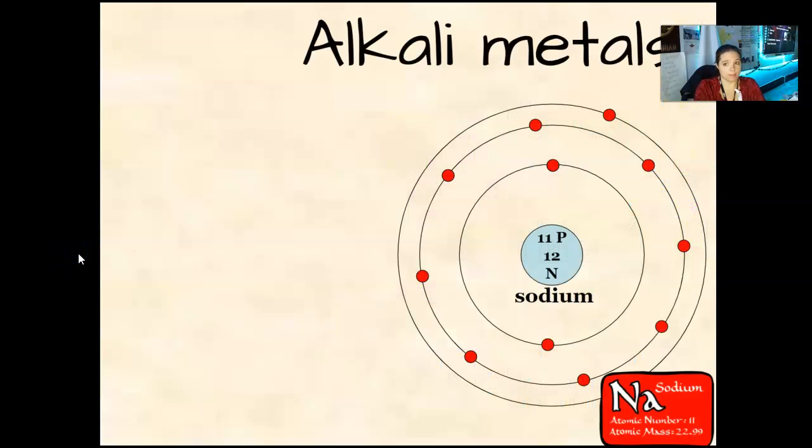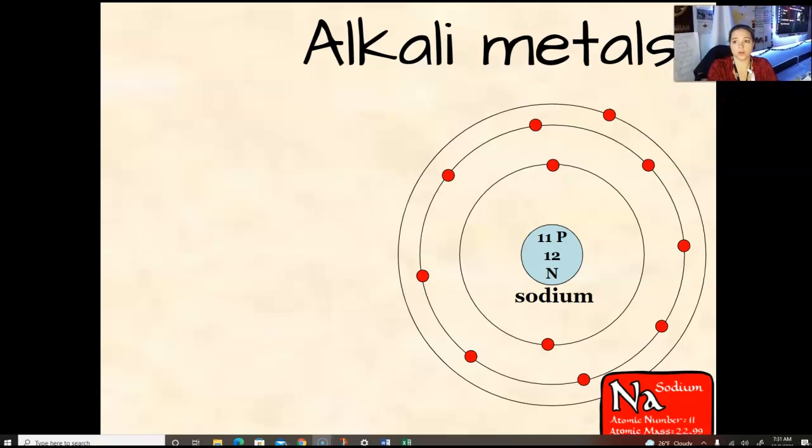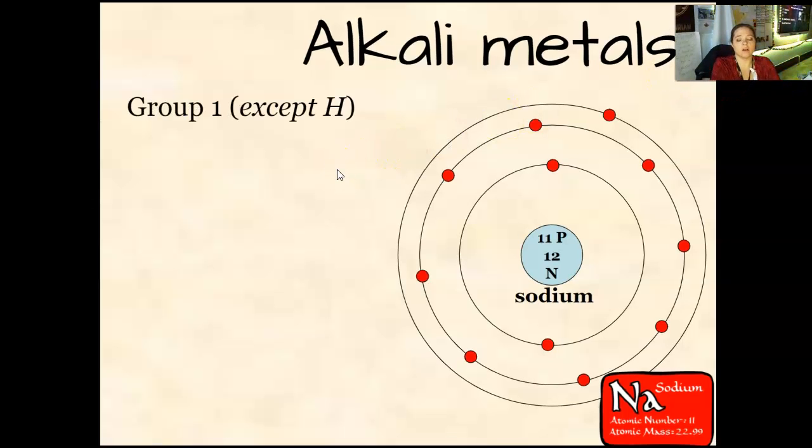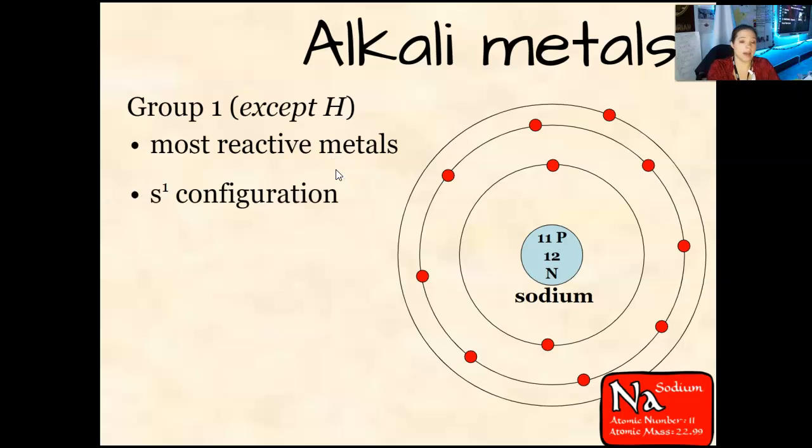So these alkali metals, move this over here a little bit. They are group 1, except for hydrogen. They are the most reactive metals. Remember, hydrogen is a nonmetal, so it doesn't count. So these are the most reactive metals. They have an s1 configuration, meaning there's only one electron in the valence shell. So you can see it right here. It doesn't matter what energy level they're on, there's only one in the valence shell,